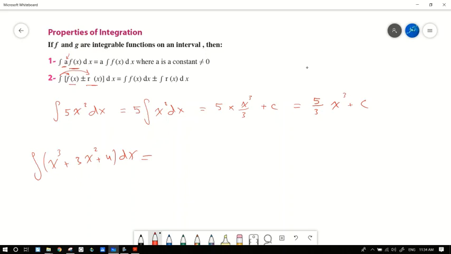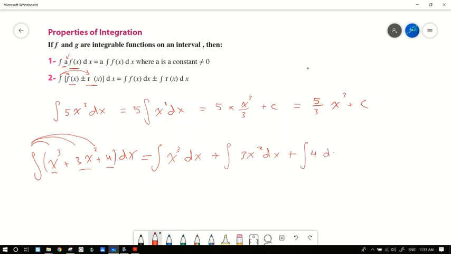As I see here, we have three terms added to each other, or I can consider them as three functions, adding or subtracting, it's not a big matter here. So I will distribute integration over the three terms: integration x power 3 dx plus integration 3x power 2 dx plus integration